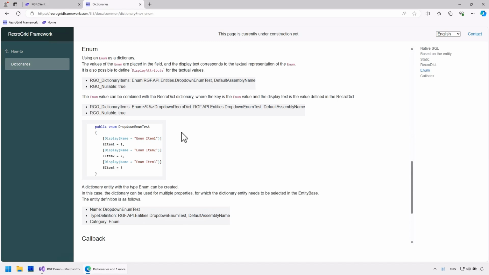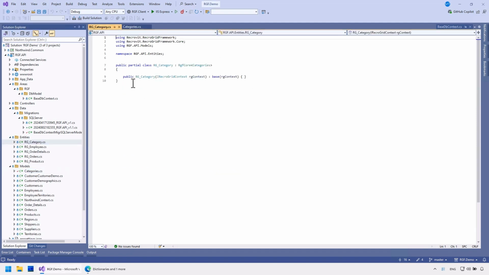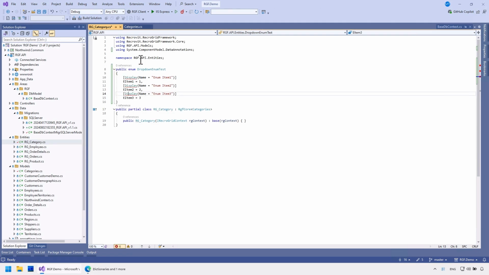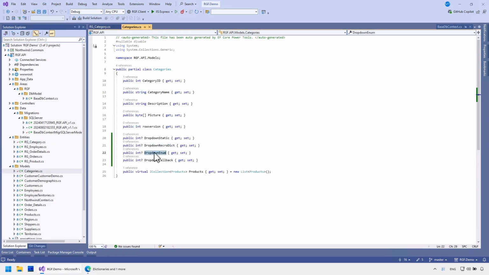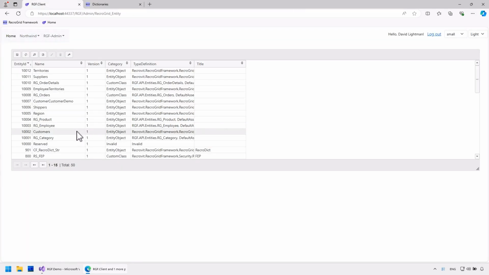Another common case is when we need to choose from enum elements. Let's look at an example of this. And now I will add this field to the entity as well.